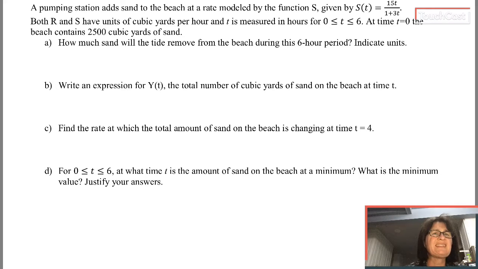So question A says, how much sand will the tide remove from the beach during this 6-hour period? Notice this question has nothing to do with how much sand was there at the beginning. It has nothing to do with how much sand is,